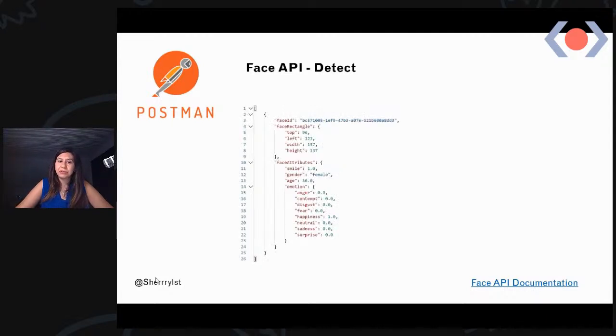And this is a sample result. As you can see, this is the part about the face rectangle that gives you the position there. And these are, for example, the face attributes that it is showing you. And this is the emotion one, that comes with anger, contempt, disgust, fear, happiness, neutral, sadness, and surprise. And in this case, it was an absolute smile. So it said that it's pretty sure this was a smile.